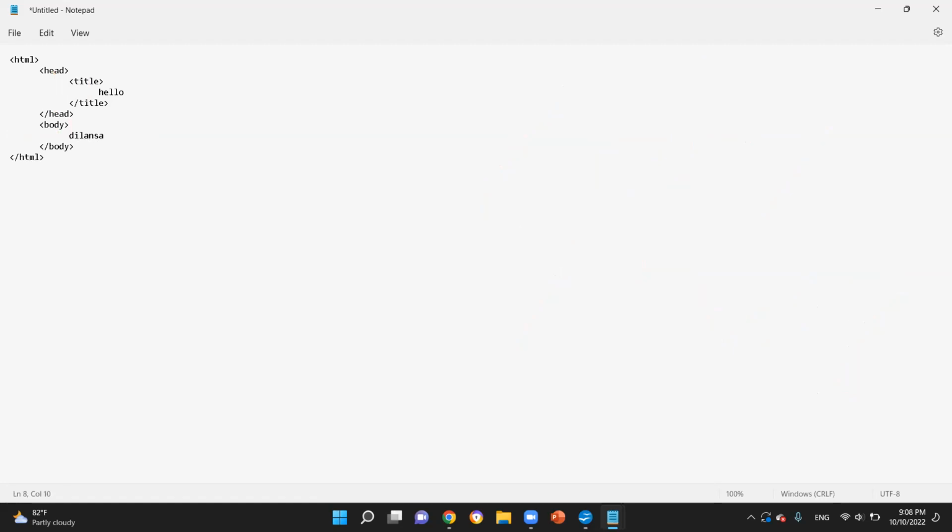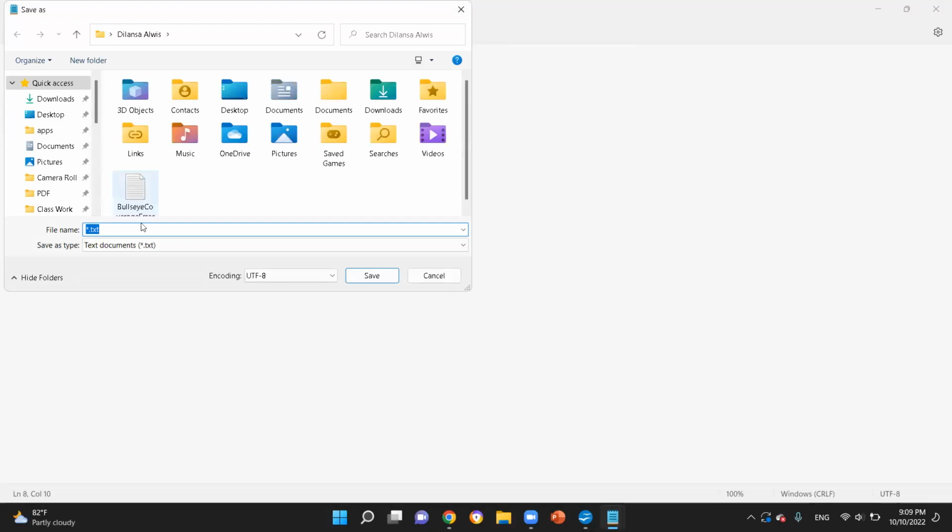Now go to the file menu. Save as. Then go to your desktop.